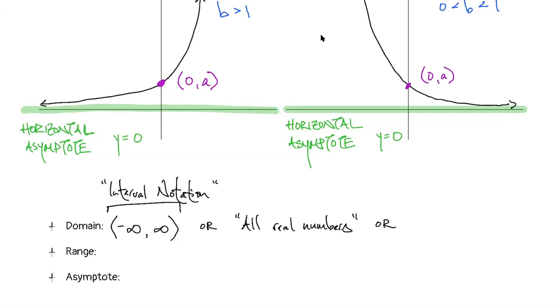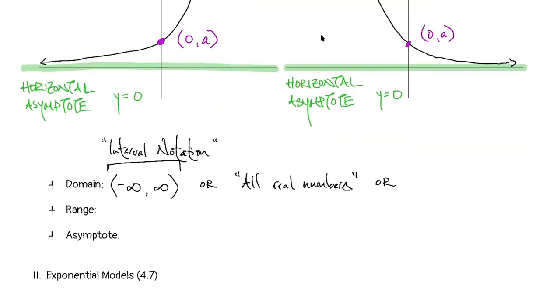Or for those of us who want to use some fancier math notation, there is a symbol for all real numbers, which is a capital R, like a double-line R. Okay, so all three of those are the same, but I want us to be using interval notation because that comes up a lot